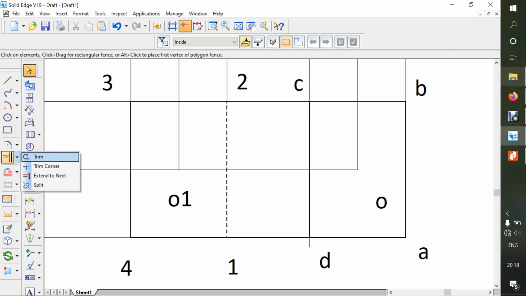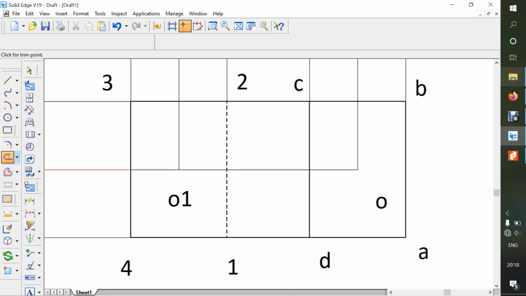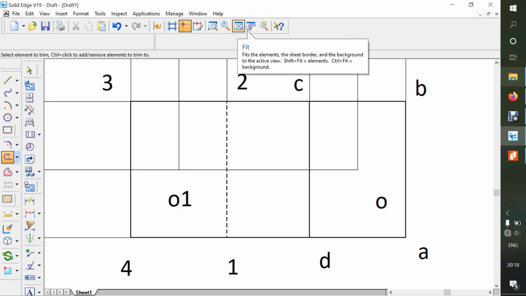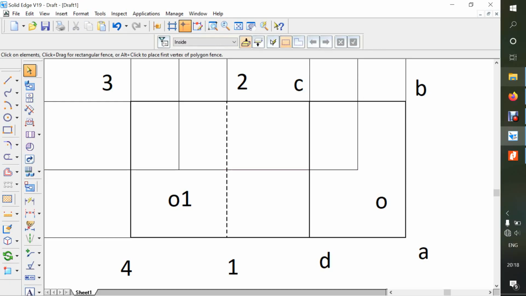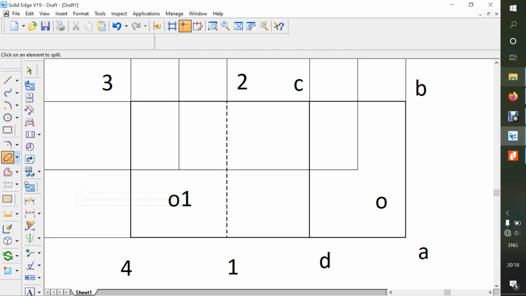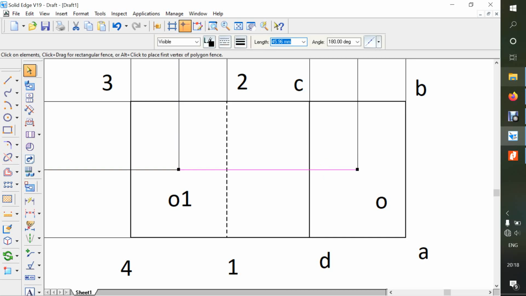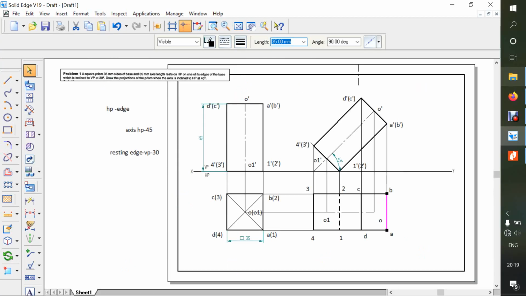So now here there is an extra part which is outside, you just go to the trim and trim it off. And now you have to select this O2O1. So O2O1, anyhow it is showing a continuous line, you can go to the trim and there is a command called split. So I want to split this line, this is continuous, I want to split from O1 to the O. So click on that line and click at the O1. So now you select this line, it will show only this part. Now you go and select the center line and 0.35, so fit to the screen.